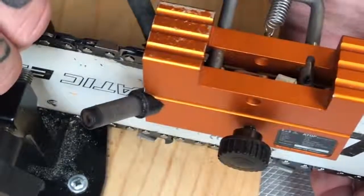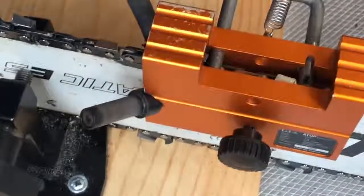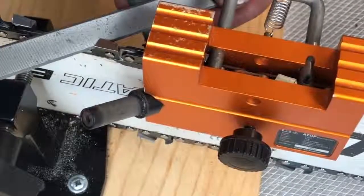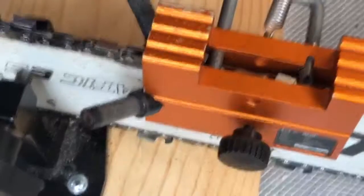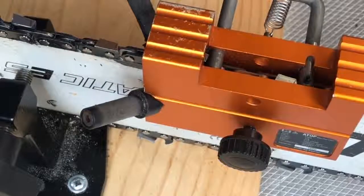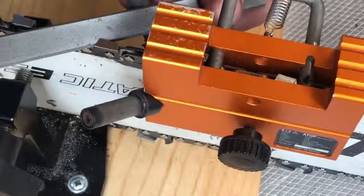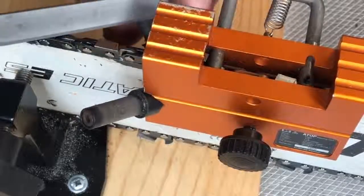Bump it up till it locks in like that, or not locks in, but it's tight. And now we're in line to do the next cutter. Hope that's self-explanatory, or I hope that makes sense to you guys. The whole point of this jig is it would be muscle memory. It helps teach you